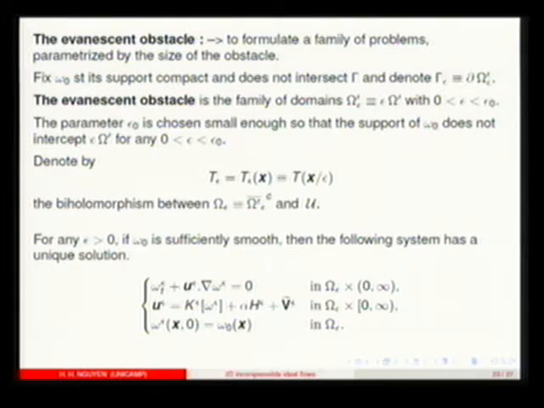Then we denote T epsilon, related to T and epsilon here, and we produce omega epsilon. In the same way, we write u epsilon, K epsilon, H epsilon, v epsilon, which depend on K, H, v, and on epsilon and t here. I don't show it here because it is a complicated process.